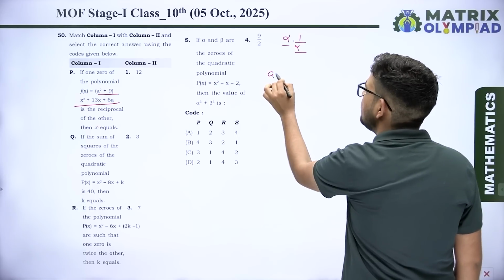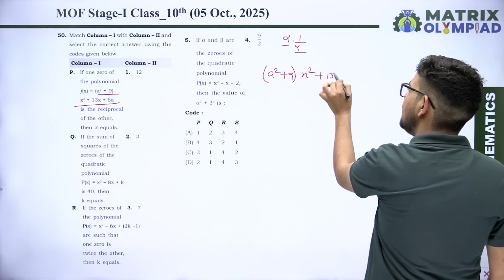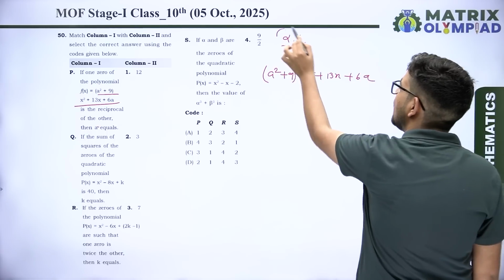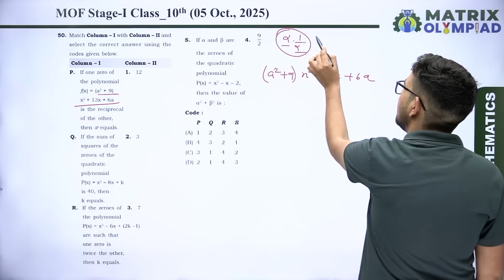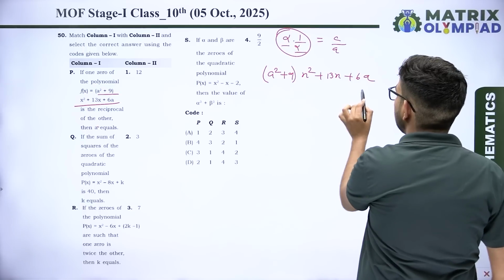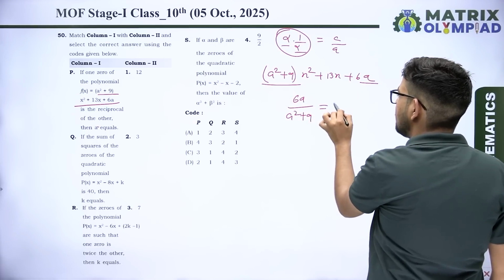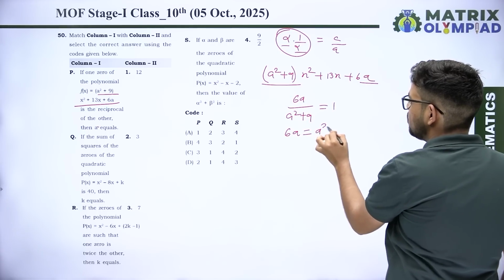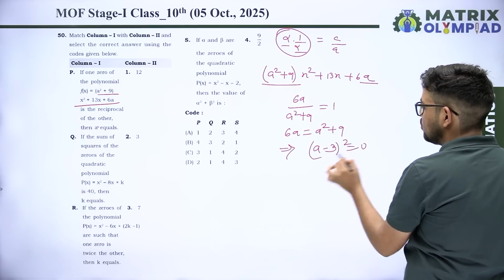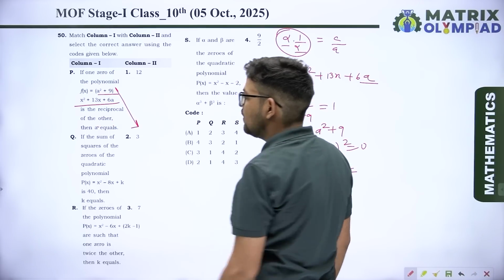तो यहां पर पोलिनोमियल गिवन है, A स्क्वायर प्लस 9 इंटू x स्क्वायर प्लस 13x प्लस 6A। दो जीरोस का प्रोडक्ट c बाई a होता है। तो अगर रेसिप्रोकल है, इसका मतलब प्रोडक्ट 1 हो गया, तो यहां से c मतलब 6A अपॉन A स्क्वायर प्लस 9 इक्वल 1, तो 6A इक्वल A स्क्वायर प्लस 9। ये सोल्व करोगे तो बनेगा (A माइनस 3) का होल स्क्वायर इक्वल टू 0। सिंप्लीफिकेशन के बाद A की वैल्यू आएगी 3।